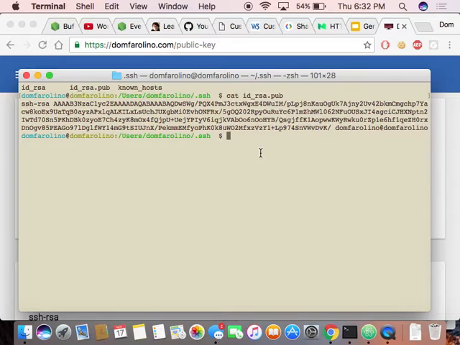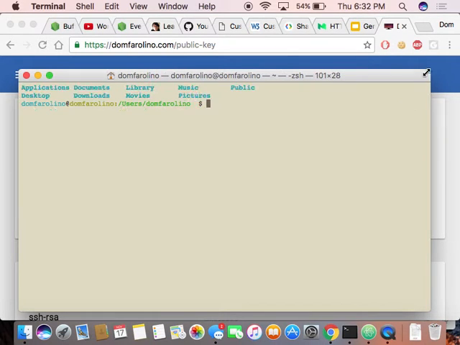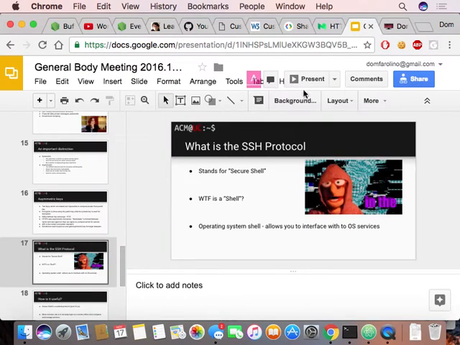But let's assume that it generated id_rsa and id_rsa.pub. Holy shit. So that would have been awesome. So, anyways,